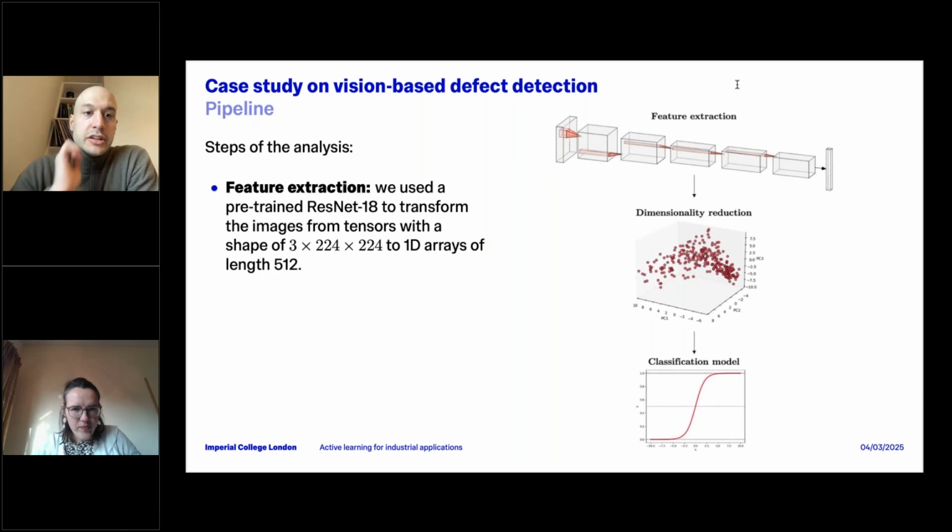So this ResNet is just a deep neural network, which in this case we use as a pre-trained model. It's a deep learning model you can find already pre-trained in many Python libraries, trained on a huge amount of data, like COCO or other big datasets. It's very useful if you need to extract some features using a deep learning model. You don't want to train a model from scratch. You can pick one of these pre-trained models, and it's going to extract some interesting features.